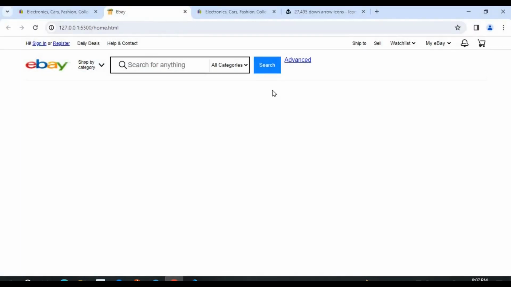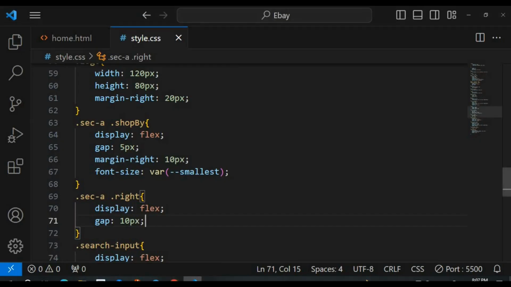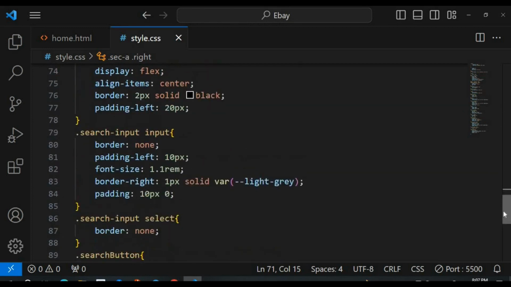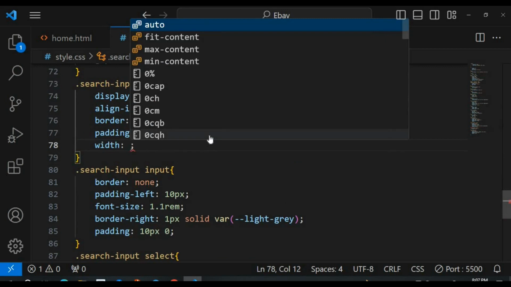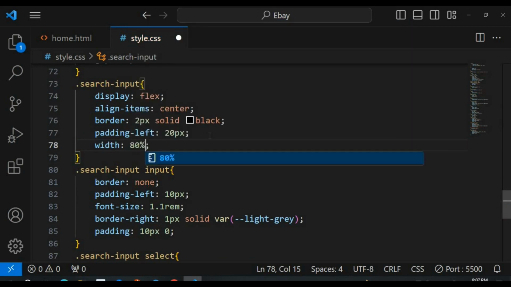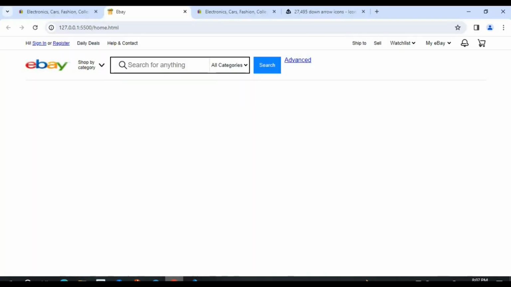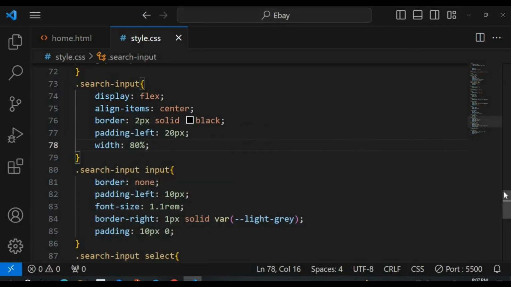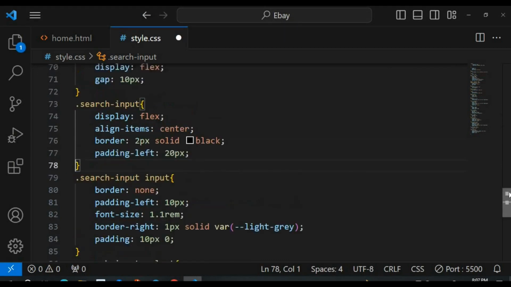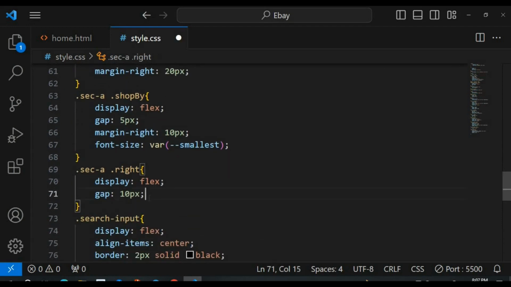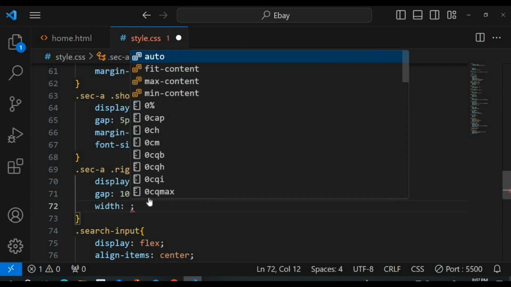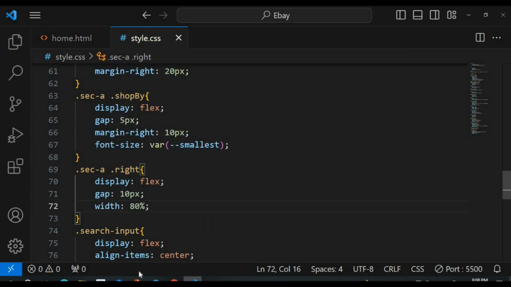Then it's going to have this gap of 10 pixels. So for this input now, I can come to this search input and set the width. The width should be, let's say, 80%. Nothing works, that's fine. So this input, I'll remove it first. This is right here, so this place, I'll give it a width of 80%. So once I save it,